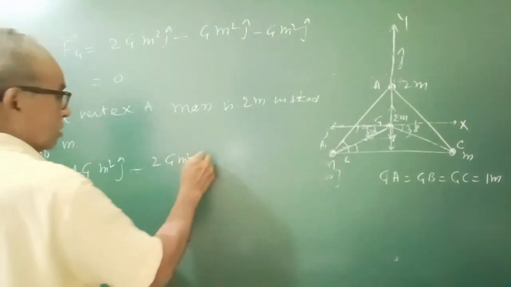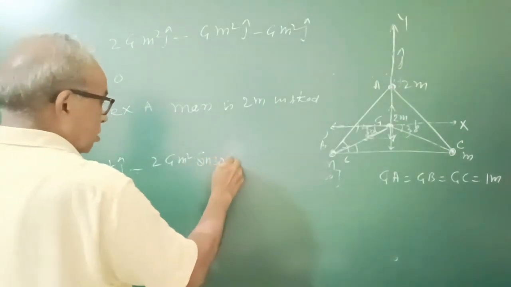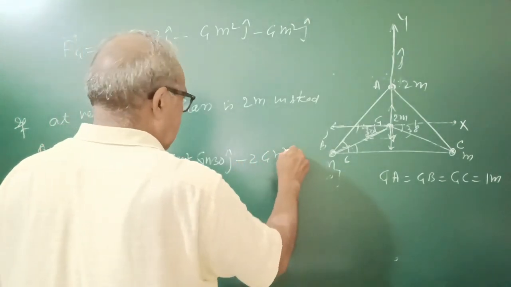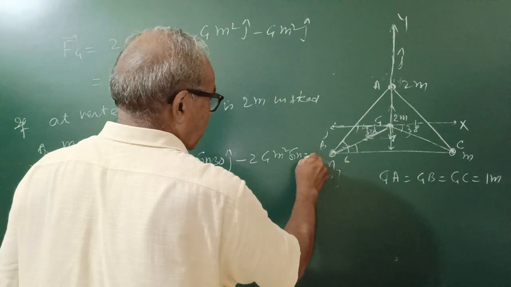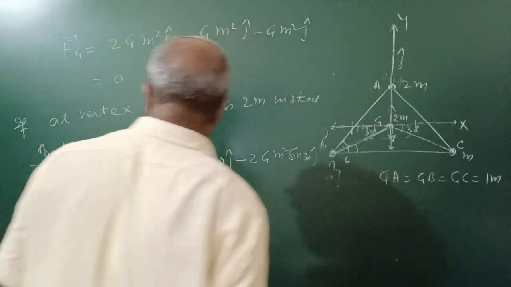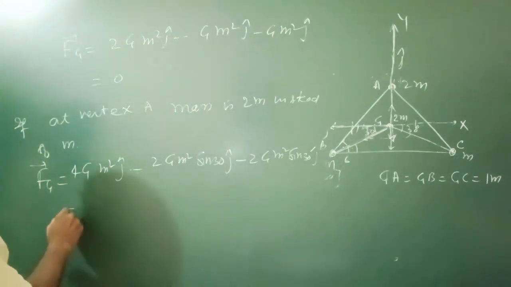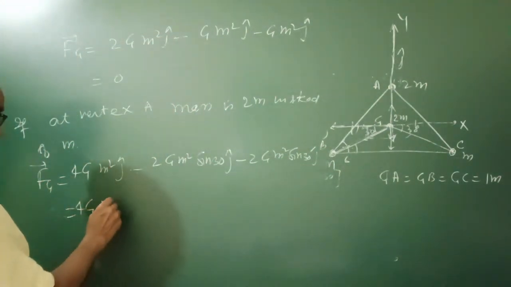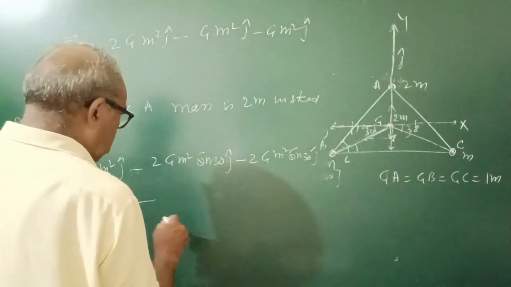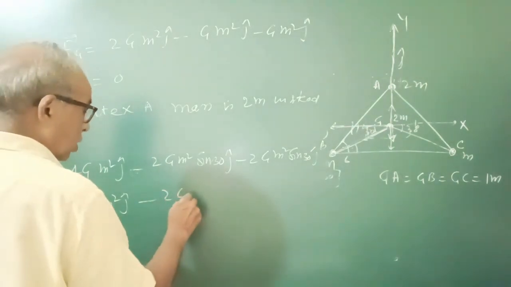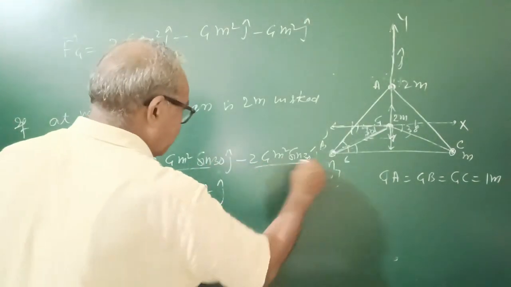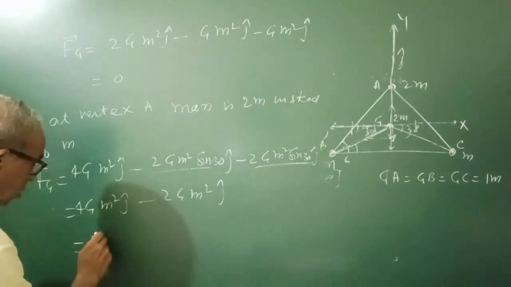-2gm² sin 30 जे कैप और -2gm² sin 30 जे कैप। ये क्या कंपोनेंट फोर्स में कैंसिल, तो it is 4gm² जे कैप and it is 31/2 minus 2gm² जे कैप लेफ्ट, इनका सम। तो फोर्स ओनली